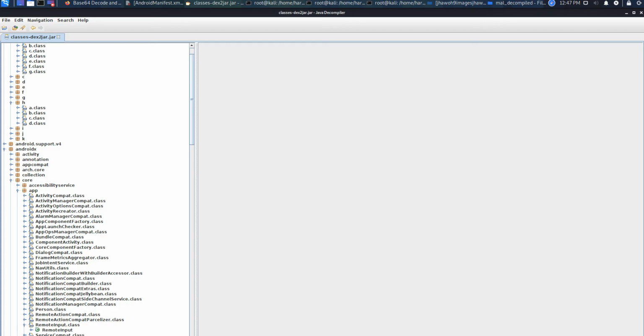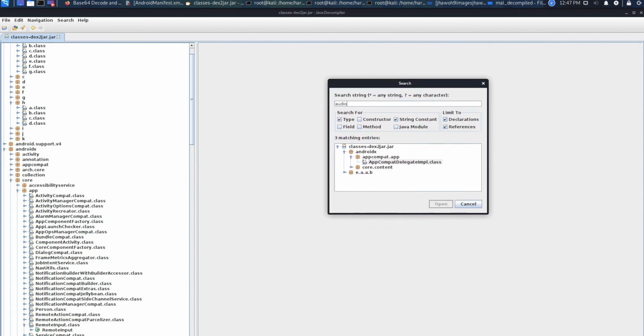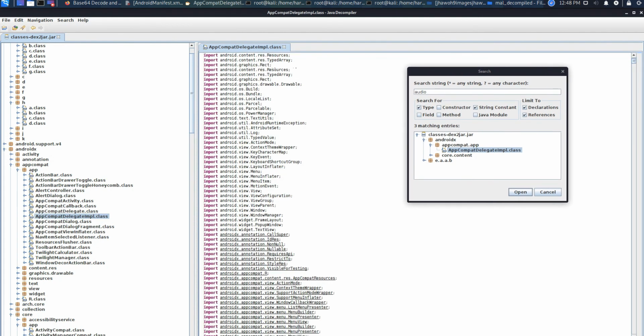Okay, let's search for contact. Nothing found. Here is for audio then. In this it may be having some kind of data related to audio.